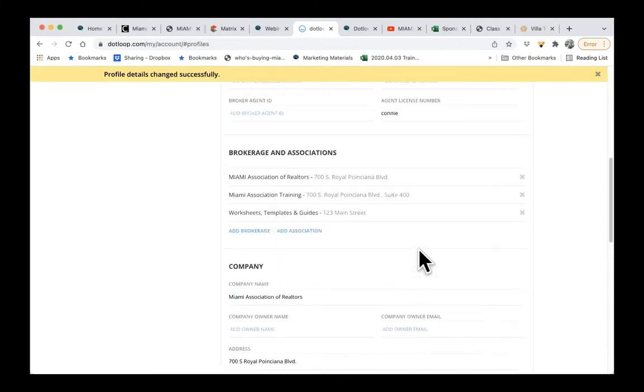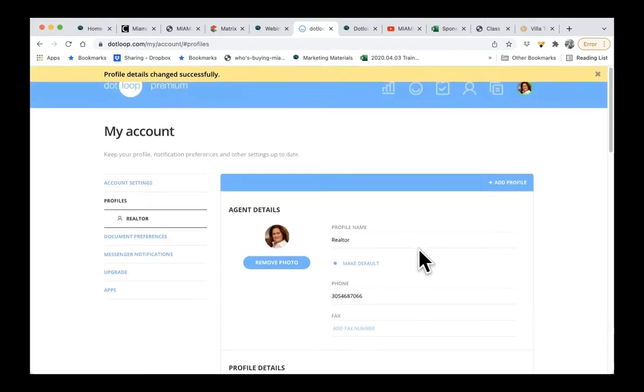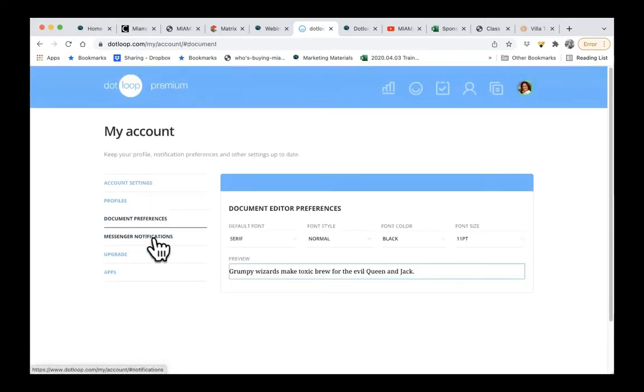Once you have saved, we come to the very top, and there is a document preference area where you can see the default font, font style, font color, font type, and a preview of what they look like. You can select